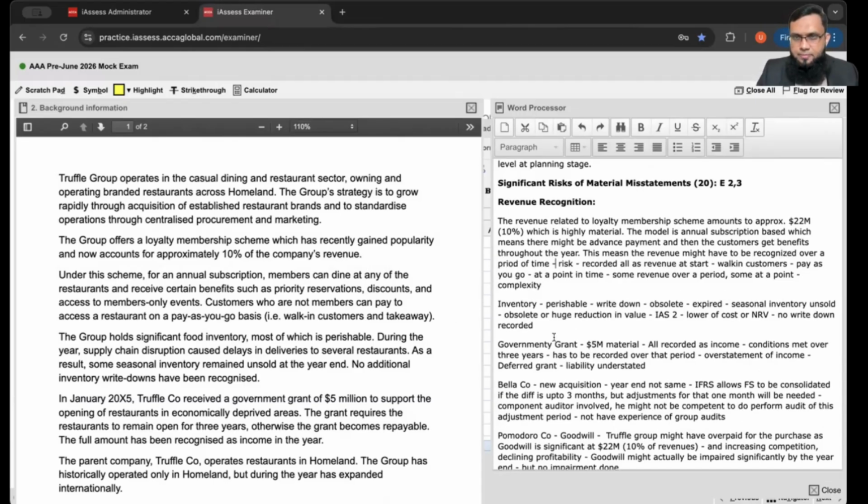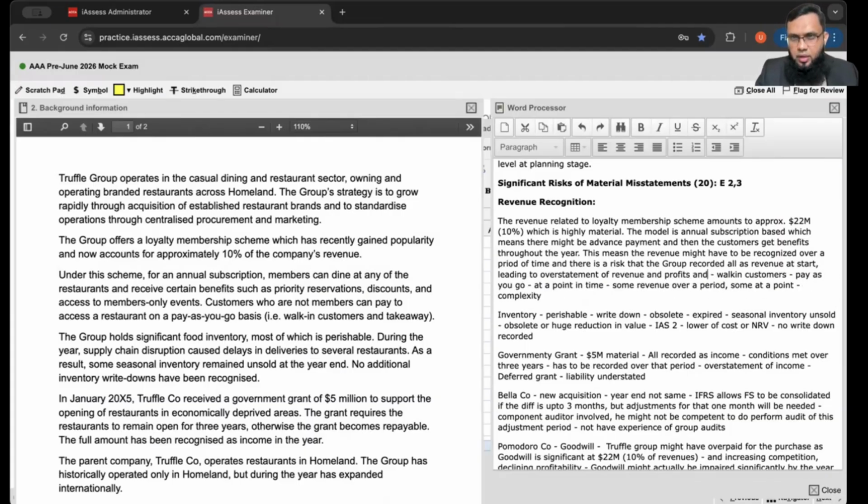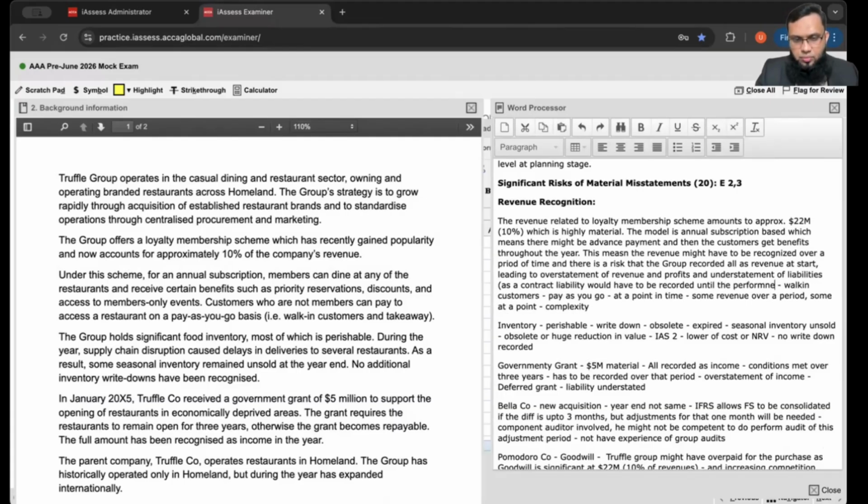over a period of time, and there is a risk that the group recorded all revenue at the start, leading to overstatement of revenue and profits and understatement of liabilities, as a contract liability would have to be recorded until the performance obligations are met. The revenue might have to be recognized on this performance obligation. Okay,